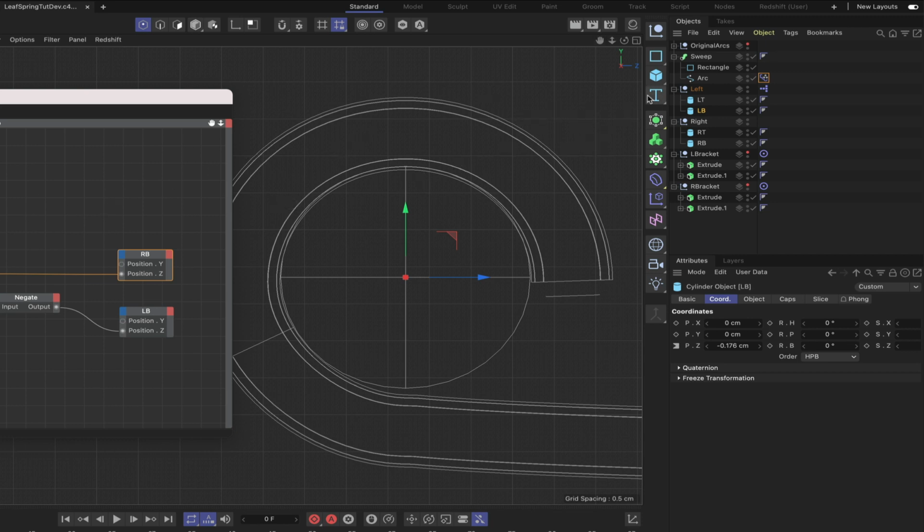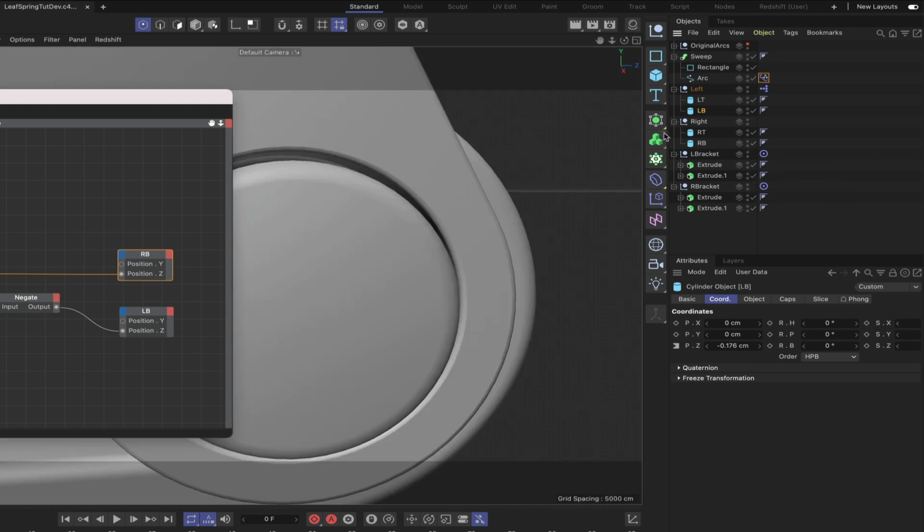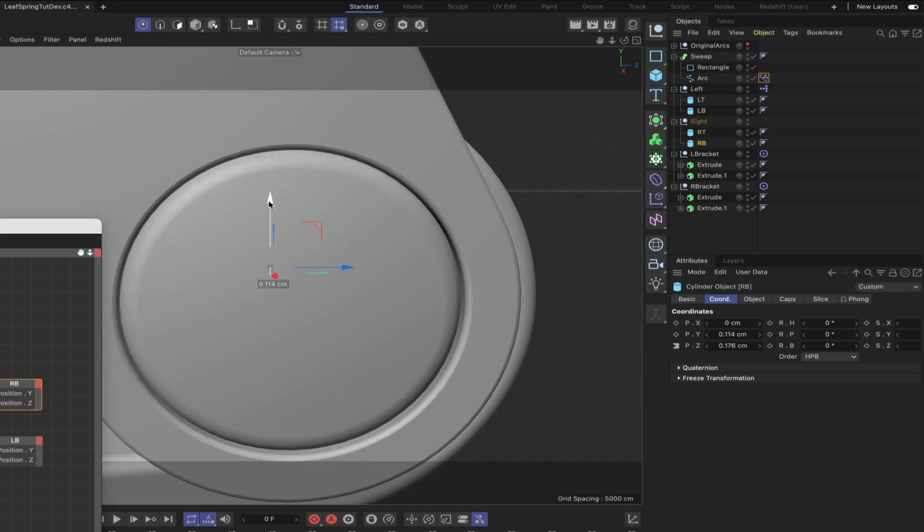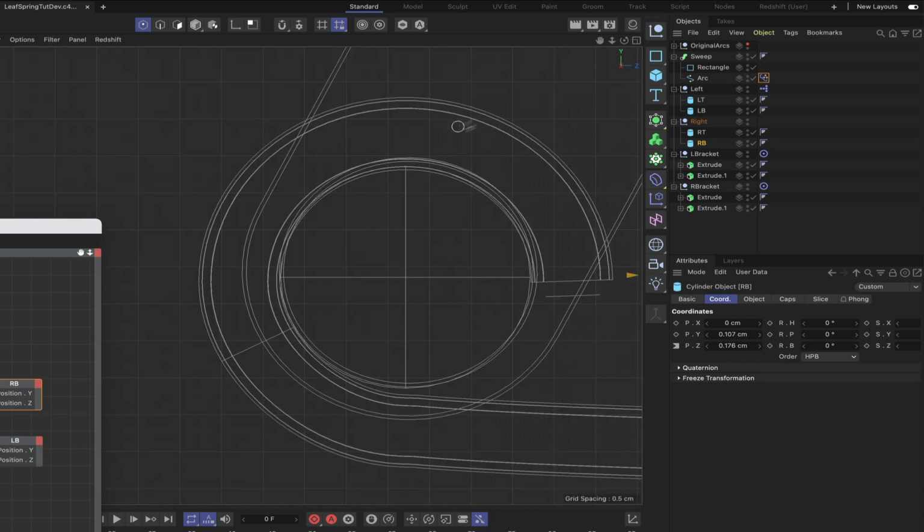Now, in order to check the Y values, we haven't moved those yet. We'll bring in the left bracket and we'll bring in the right bracket. Go into our 3D view and we can see that we definitely got to move upwards. So what we'll do is move our right cylinder upwards and we'll check this in the